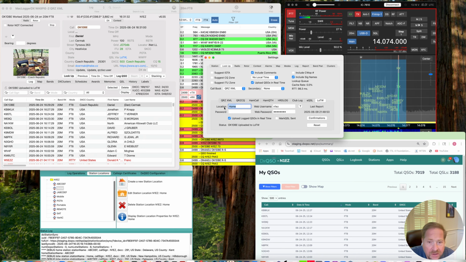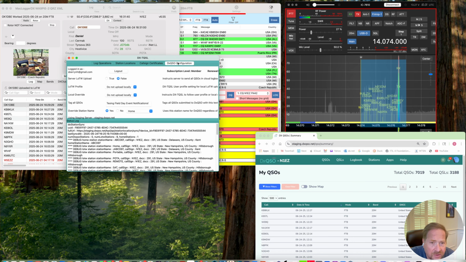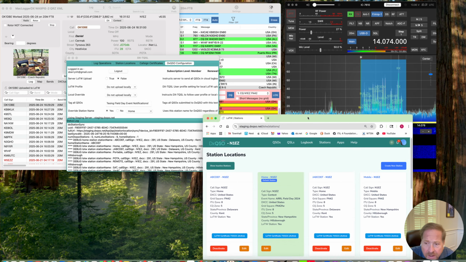Settings, and its location is home. So I'm using the home station here. But regardless of that, my DxTQSL is running here. I have it set to override whatever the station name is, and I've chosen the home station as my override. And the home station is where I have